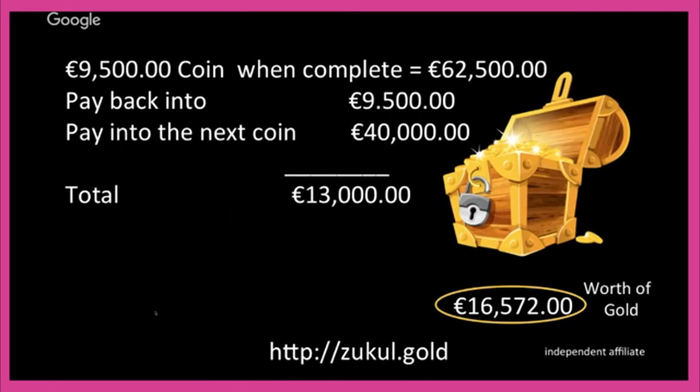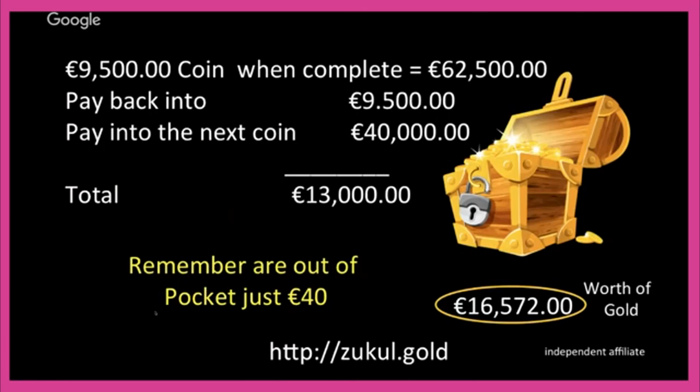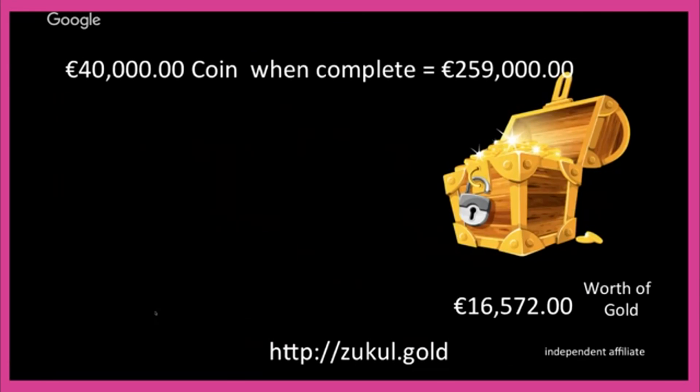You know, and again, you can liquidate this, all of it, some of it, a bit of it, however you want to do. Personally, I would have a year plan, 2-year plan to say I want to keep going. I want to keep my gold, because gold, let's face it, is a good commodity or a good mineral to own, isn't it? And remember, you're still only out of pocket 40 euros. Is the penny dropping with you? Now, the 40,000 coin, when it completes, gives you a return of